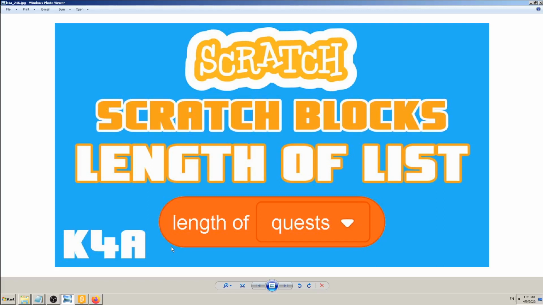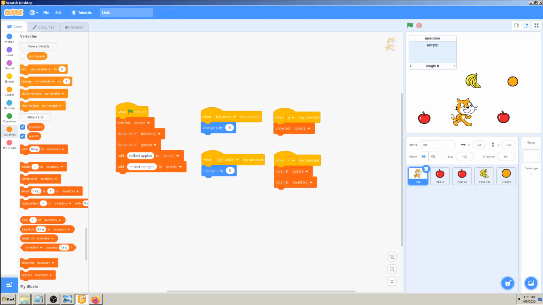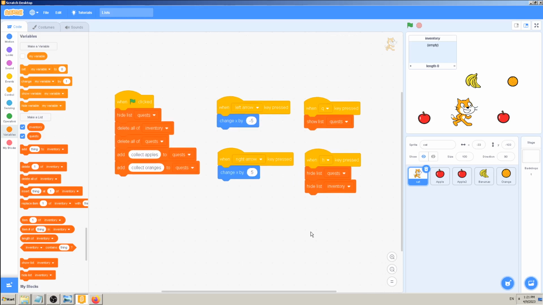Today we are going to learn how and when you can use the Scratch block called length of list. This Scratch block is used, as its name says, to give you the number, the information, of how many items your lists have. So in our case, I will first delete this hide list inventory,